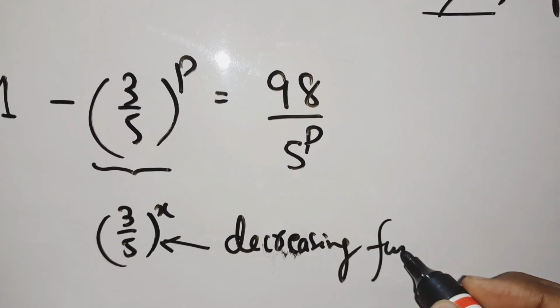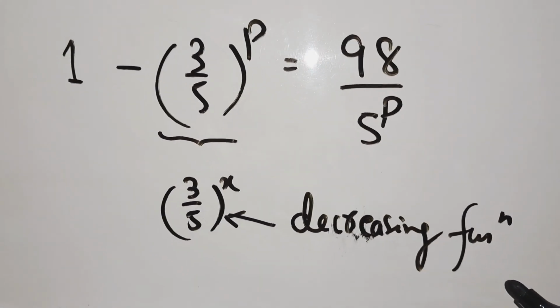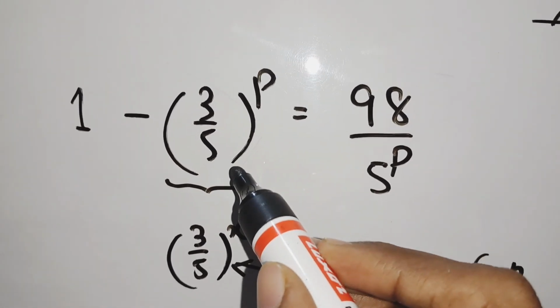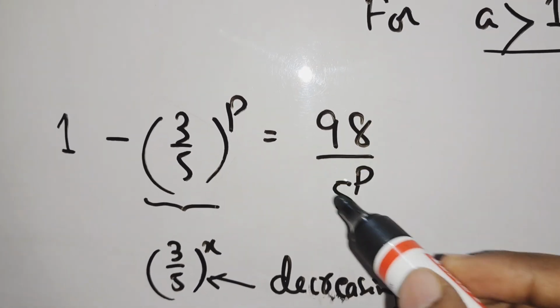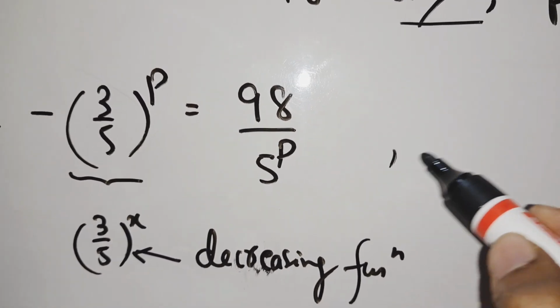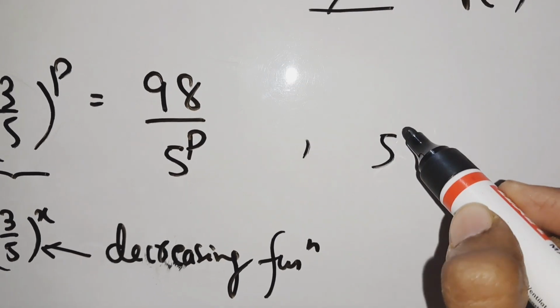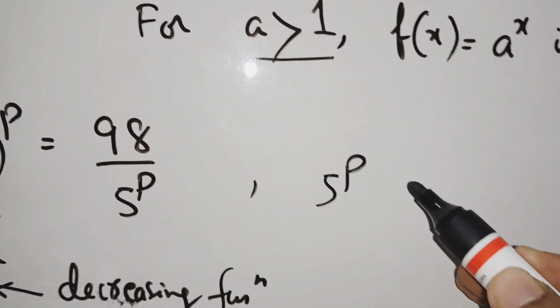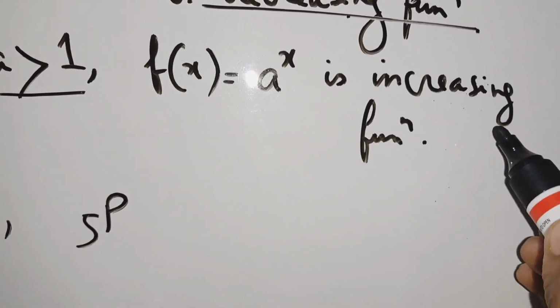So 3 by 5 to the power p is a decreasing function. Now what is this? We know that 5 to the power x, or a to the power x, is increasing